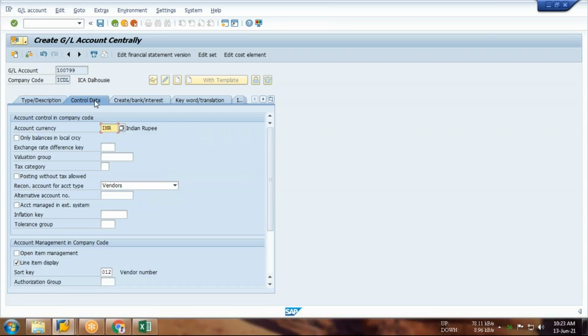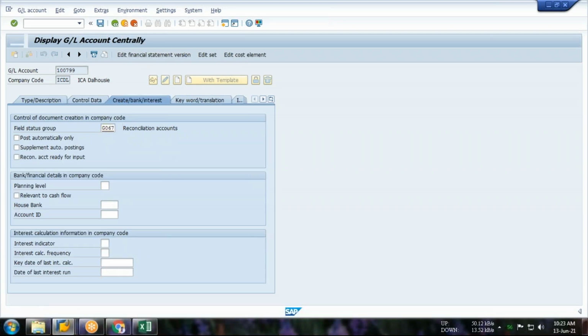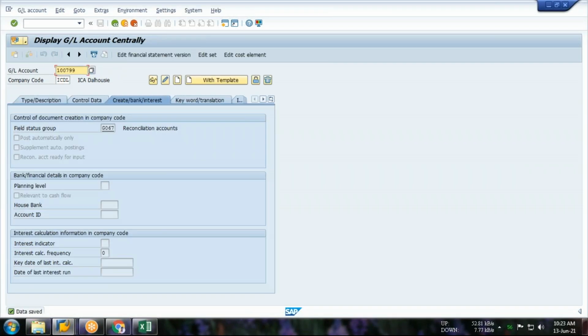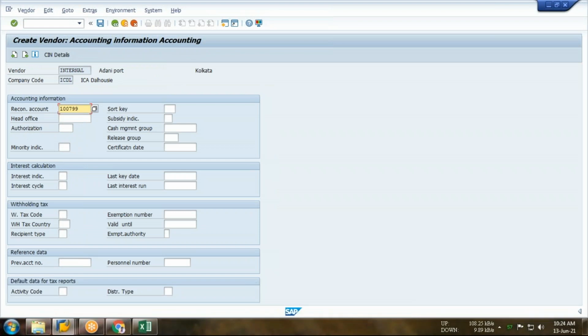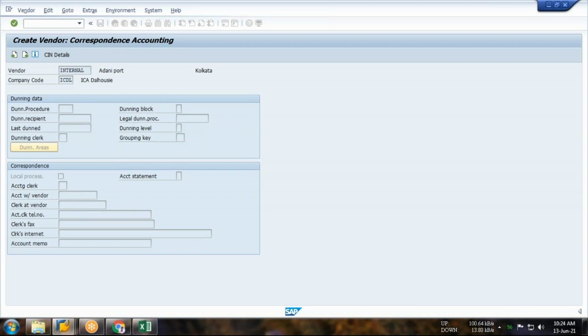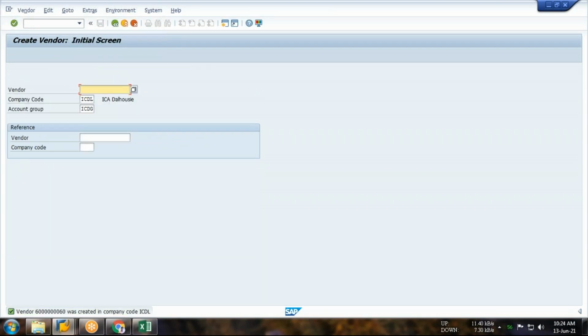Okay. Now come to control data. Okay. Everything will remain same. So this GL I am supposed to write down over here. Okay. So I have saved, I have created a new vendor. The vendor number is 6, followed by so many zeros and 60.